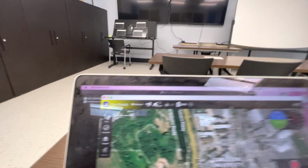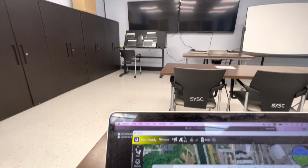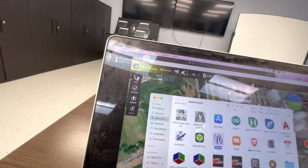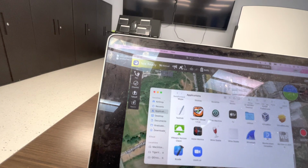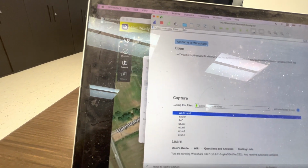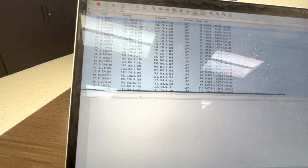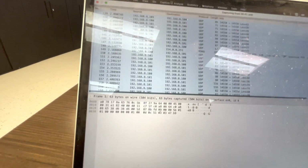Furthermore, let's take a look at a Wireshark trace, just to see what's going on the network side, because that is very interesting. So we load up Wireshark. There's good old Wireshark. And we start, and